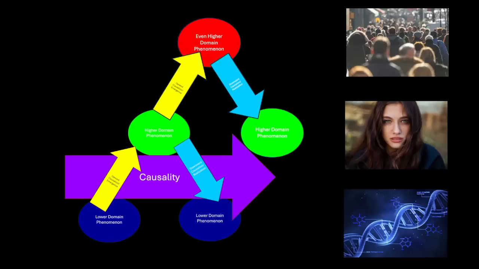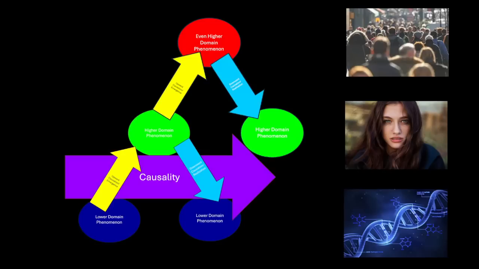And a great example of this, and again, I'll make one thing clear here, is that there can be a lot of different domains, like a lot. In fact, it's hard to even classify what counts as a higher domain relative to a smaller domain. There are mathematical ways to do this, for example, through something called symmetry breaking. There are also general heuristic ideas. So again, if something is composed of smaller things, you can think of that as being a higher level domain relative to the smaller things. So that gives you a sense of what a higher domain is. But higher level strongly emergent phenomena can give rise to even higher domains of existence. So let's look at one example.